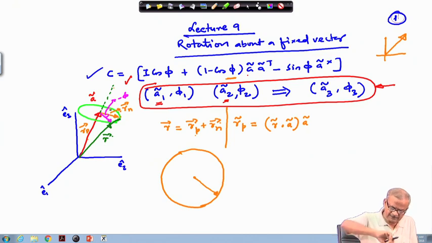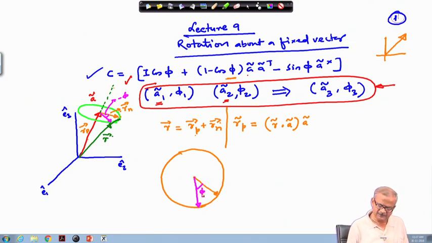So, we are rotating in the clockwise direction. The frame rotates in the anti-clockwise direction about this vector by phi. That is equivalent to rotation of this vector in the opposite direction by angle minus phi. Here we can indicate this minus phi angle. I will just write the magnitude here. So it has rotated from this place to this place. This is your r n vector and this is the rotated r n vector.